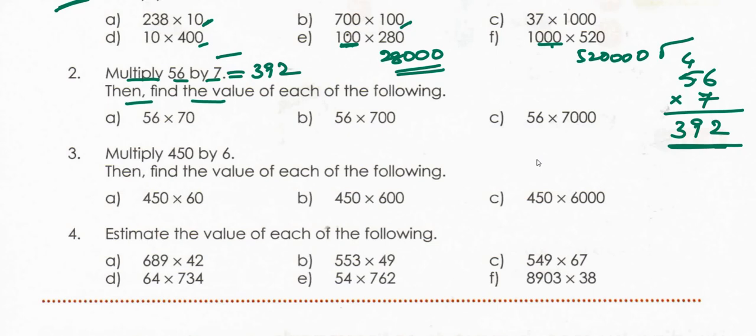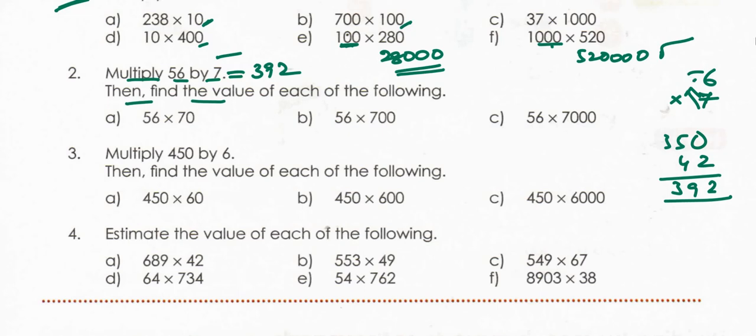Short method, you can do it in this way. It is very easy. Without doing anything, you can get the answer for this. You just do directly. 7 5s are 35, but 5 is in tens, so you keep a 0 to it. 7 5s are 35, 350. 7 6s are 42. 350 plus 42, how much? 392. You have to calculate all these things in your mind itself. You should not write it on the paper. You should write only the direct answer on the paper. In that way you have to do it. Anyhow, there are many tricks you can learn from it. But first of all, you share your video after learning tables up to 9.